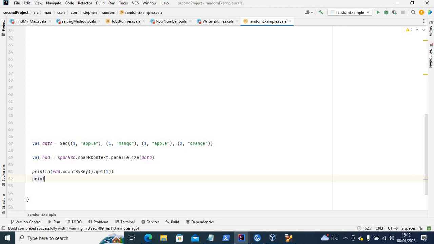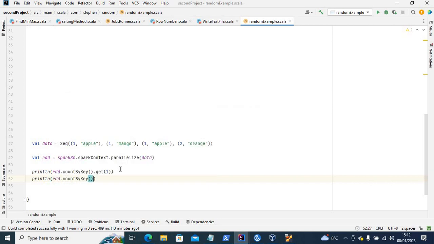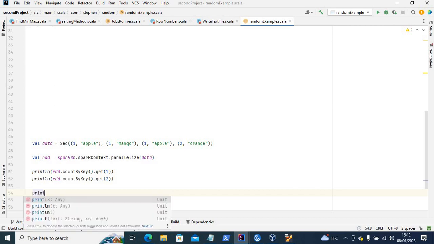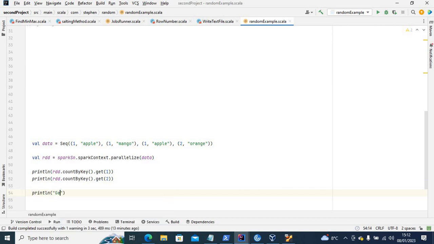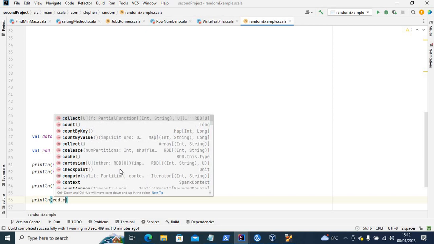So that will be println RDD dot countByKey dot get. We want to get key 2, and also we want to get the values. println. So we want to say println RDD dot countByValue